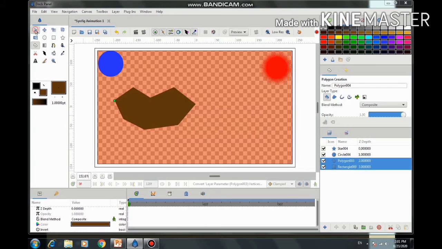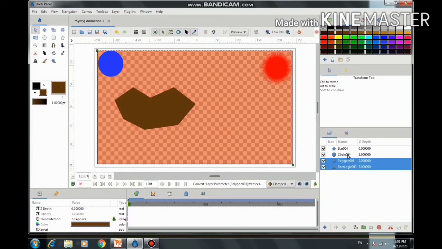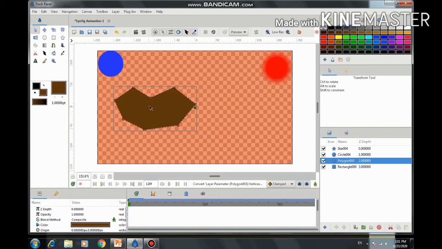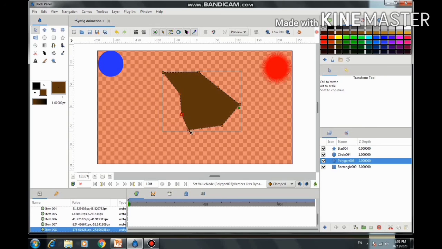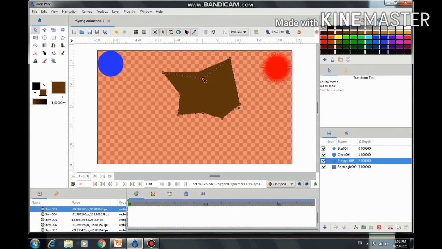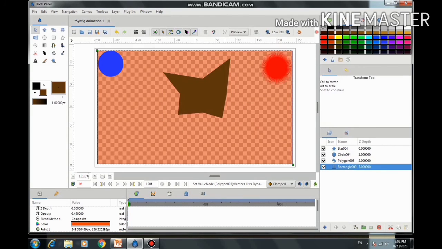So here you can see a polygon is created. Now I can manipulate all these points. We can draw any kind of shape.